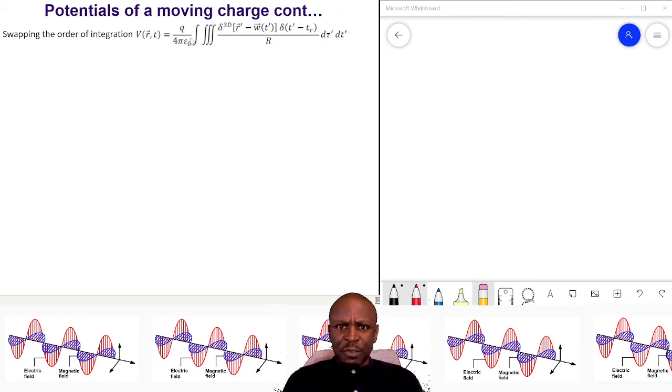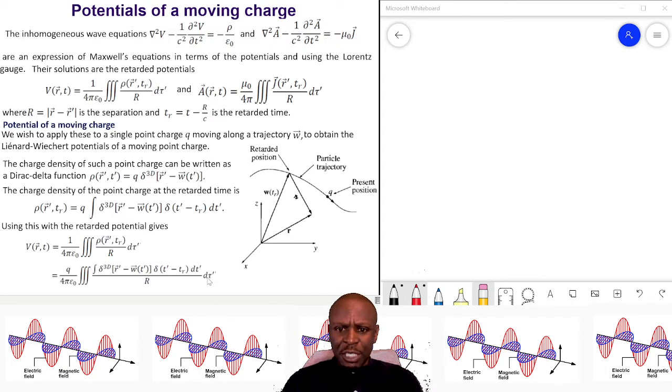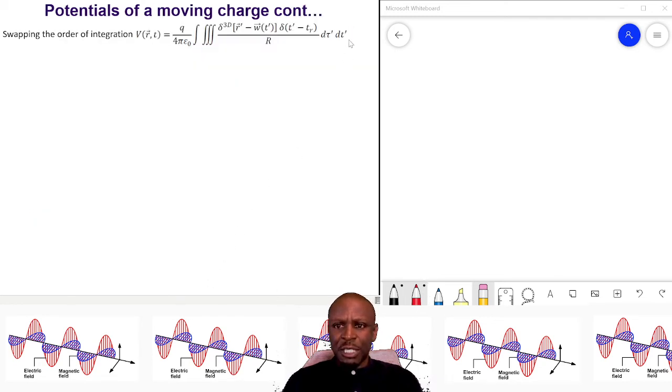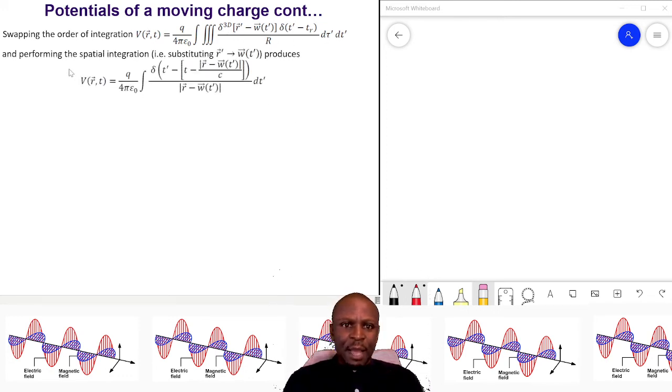If we change the order of the integration, this is what we are going to have. We change the order: this is dt and then the d tau there. Now if we change the order of the integration, this is what we are going to have. Right. Now in performing the spatial integration, we take r prime to be this, because